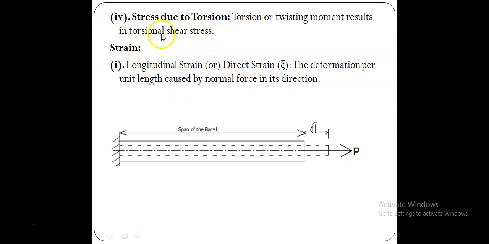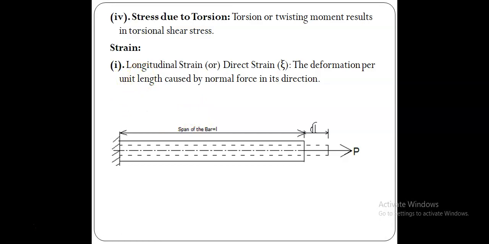So these are all the different types of stresses. So far we have seen different types of stresses. The first one is normal or direct stress, the second one is shear stress, the third one is bending stress, and the fourth one is stress due to torsion. Torsion or twisting moment is given to the member, and therefore shear stresses are developed at that section of the members. All these stresses will be dealt with in detail in coming units. Now we just see the introduction part only.